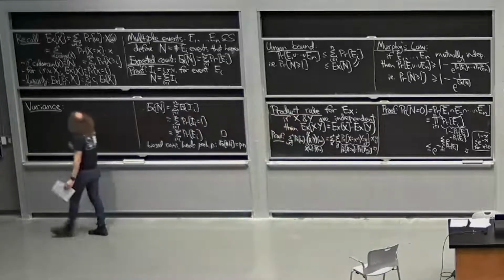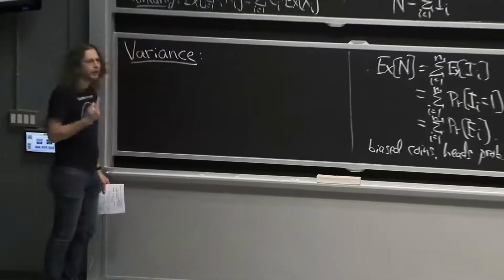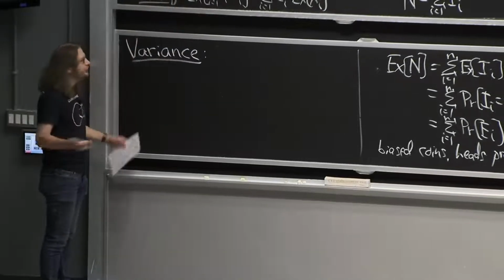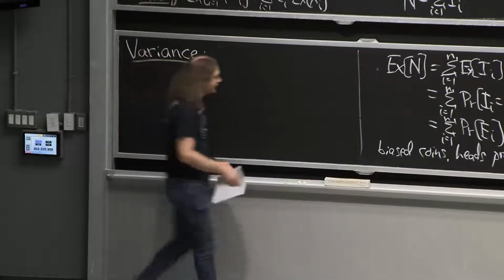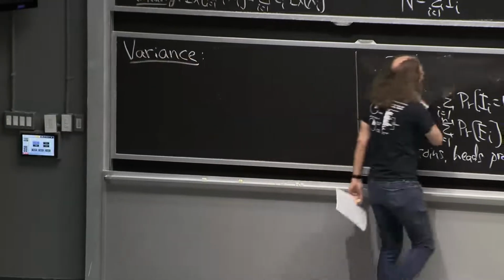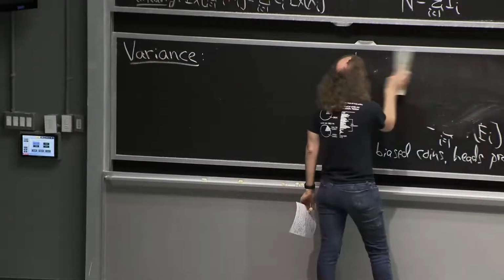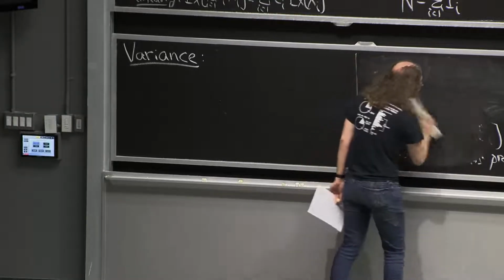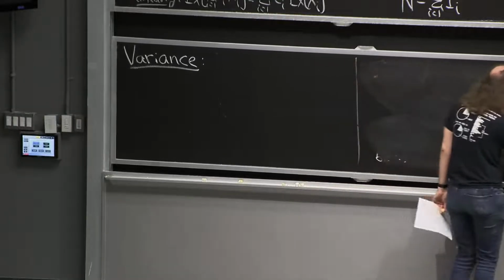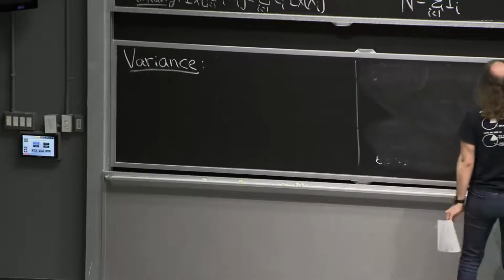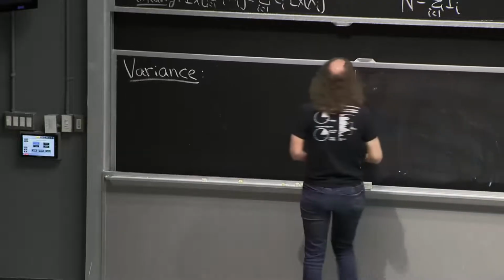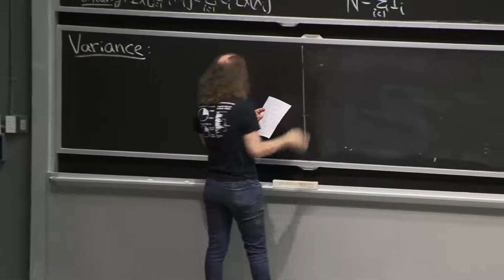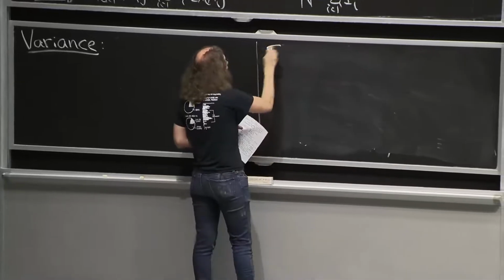But in the rest of today, we're just going to look at one more number that measures some kind of variance. It tries to measure how good of an approximation the expectation is. That's, I think, a good way to think about it. And I'm sure you've seen variance in some form before. But maybe a motivating example